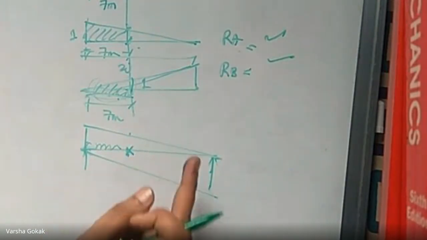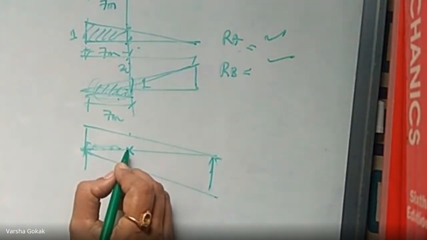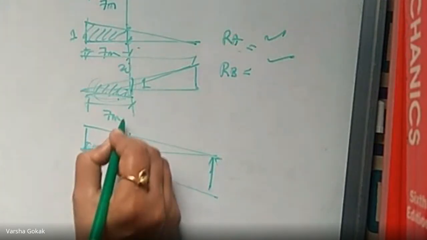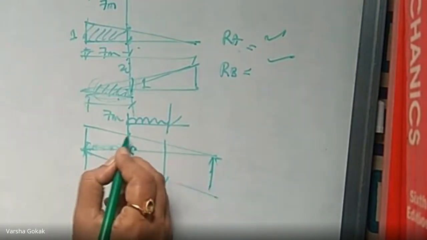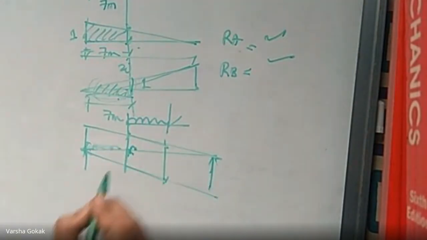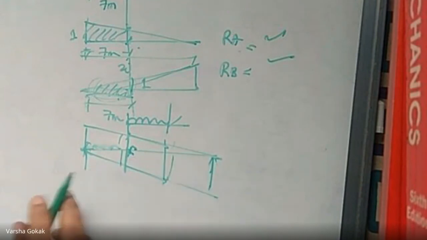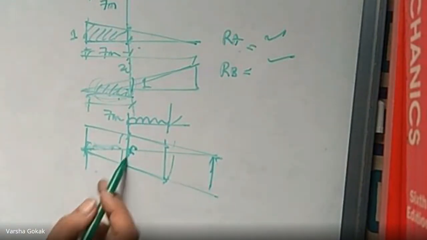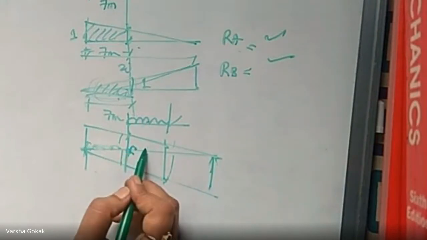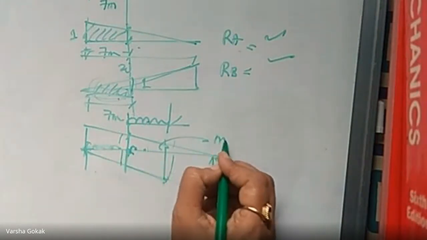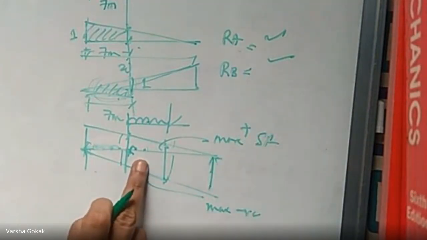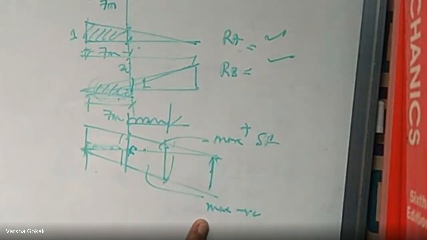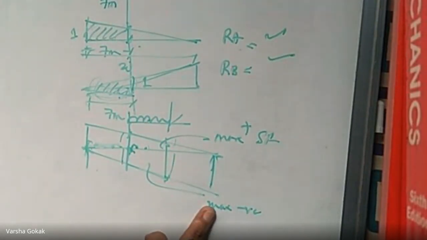He has said to place the head of the UDL at point C. So somewhere from here at 7 meters, right? So that time I will take this diagram into consideration, calculate the ordinates and multiply it by the area into the given loading. You get the value for maximum positive shear force and maximum negative shear force. This is positive, this is negative because this area is negative. Okay, so we have calculated maximum positive and maximum negative shear force.